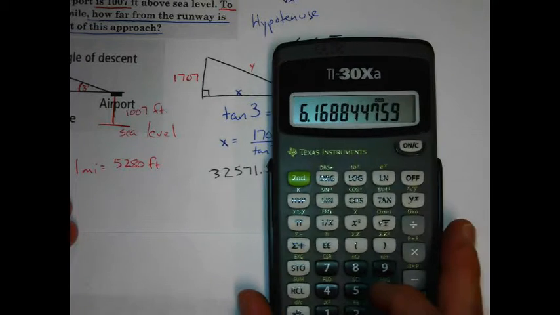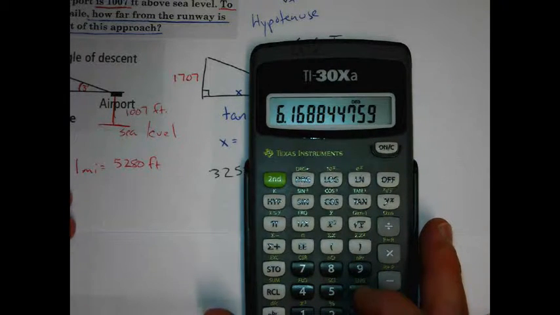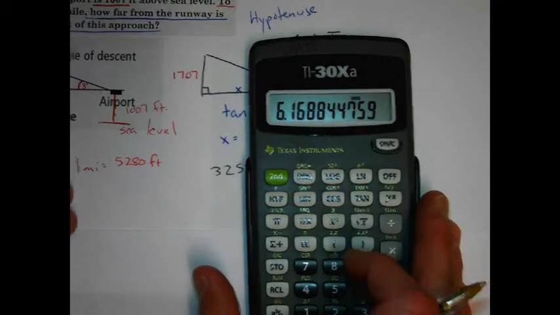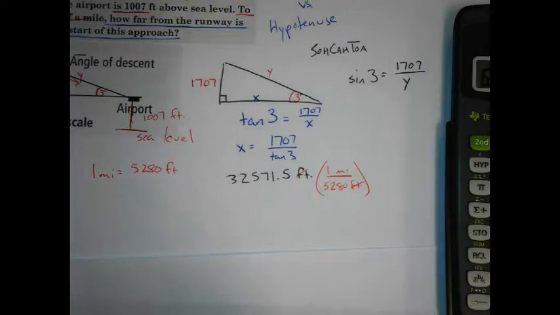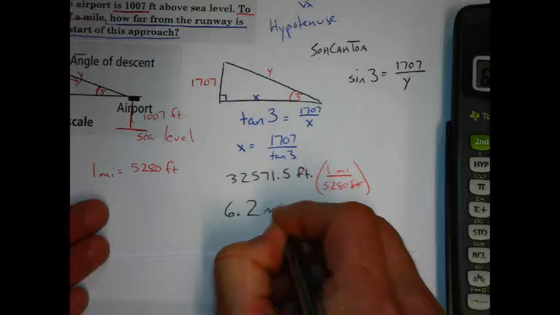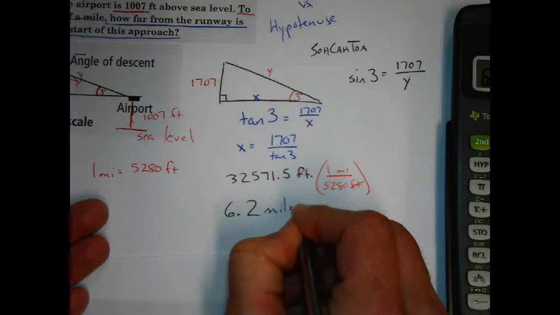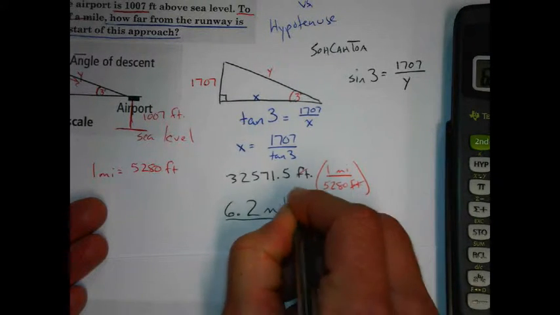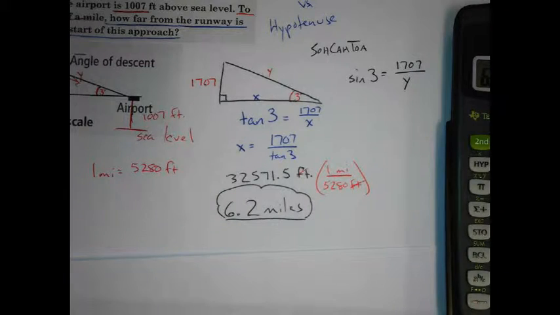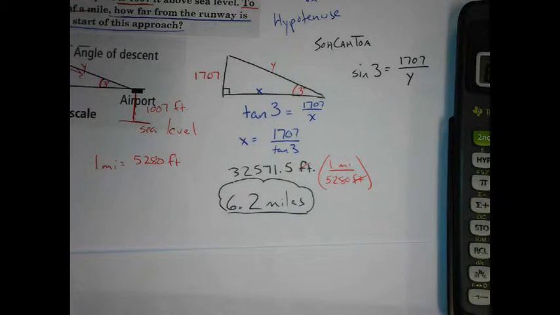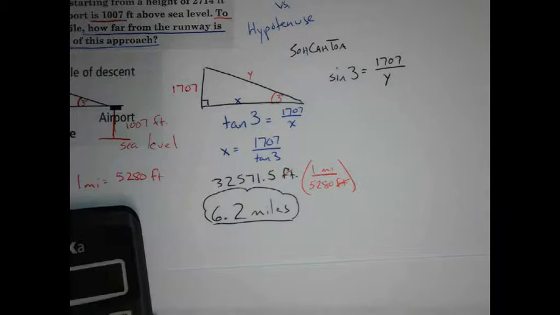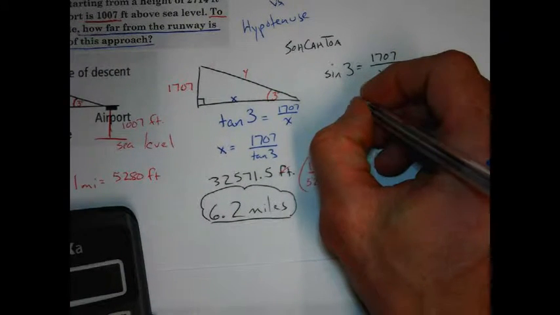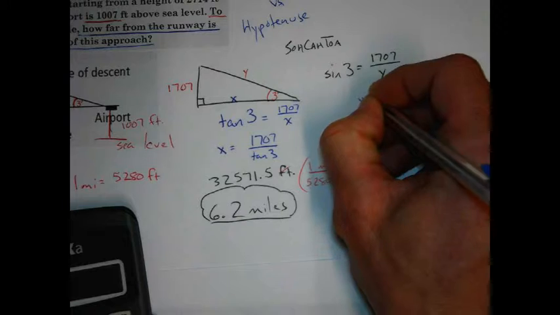And so we have in the calculator 6.168. We're looking to the nearest tenth of a mile. That would be 6.2 miles. So the result then would be 6.2 miles. That would be the answer for horizontal distance. If it was the hypotenuse question, which really has no meaning, but let's say it was,